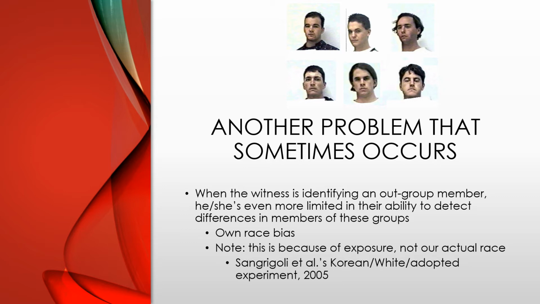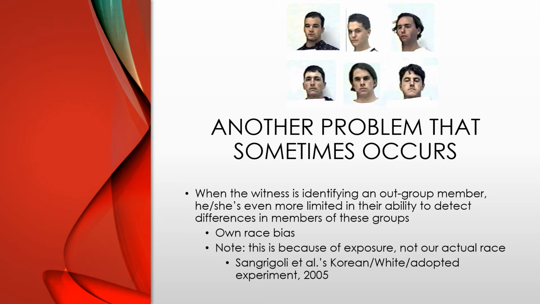and a number of other individuals that participated in this study that showed that when people were raised in groups that weren't necessarily the same as the kind of group that they were a member of, so adopted children or people that grew up in communities that were very different from the, say, race or age group that they were from, these people were actually more astute at differentiating between members of the group that they were constantly exposed to than members of the group that they technically were a member of.